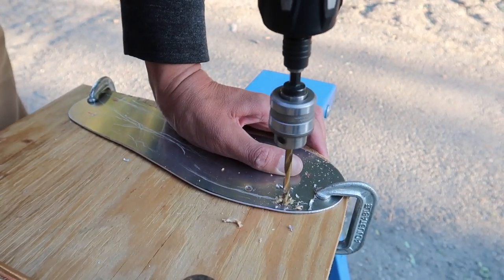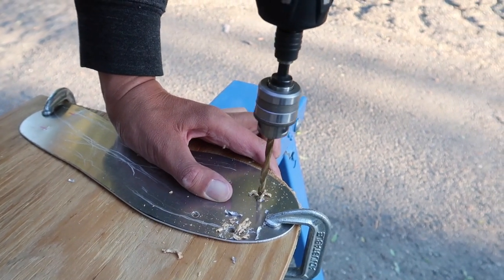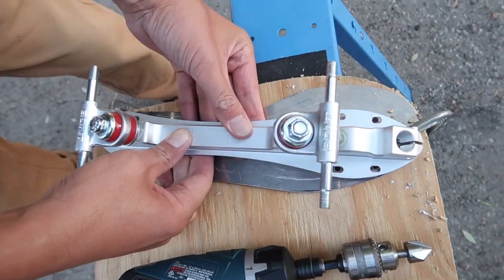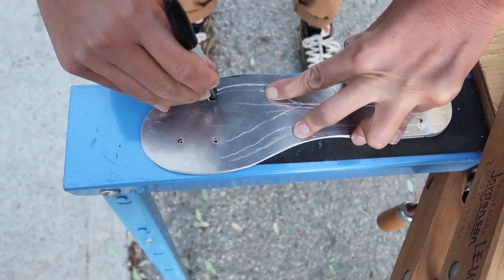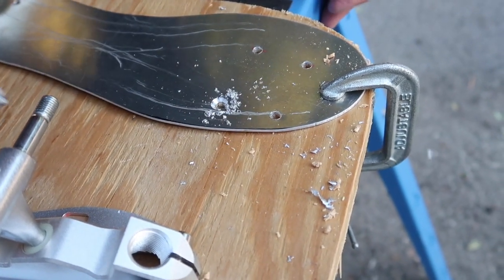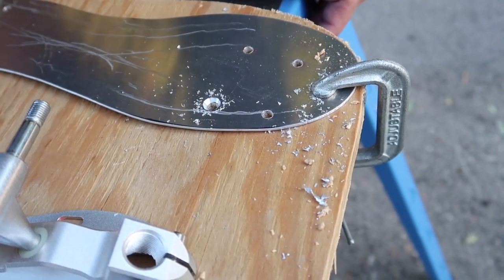So here I'm using a wood and metal drill bit to drill through the insoles. Again, remember to wear eye protection. I'm just double checking the holes with the skate plate, and now I'm marking and transferring to the other insole. I'm countersinking the holes here. Countersinking is super important